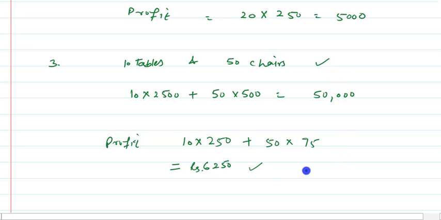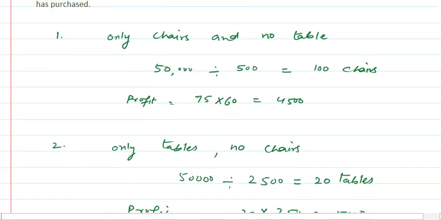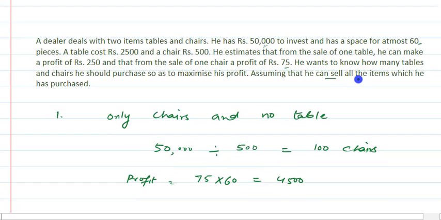But it is very difficult to calculate the exact maximum profit by using this method. This is a hit and trial method actually. But if we want to find out the exact solution, then linear programming will help us to find out the exact maximum profit, that is, how many items he should purchase so that he can have the maximum profit. So now let us try to frame this problem mathematically, as we have done in case of linear inequalities